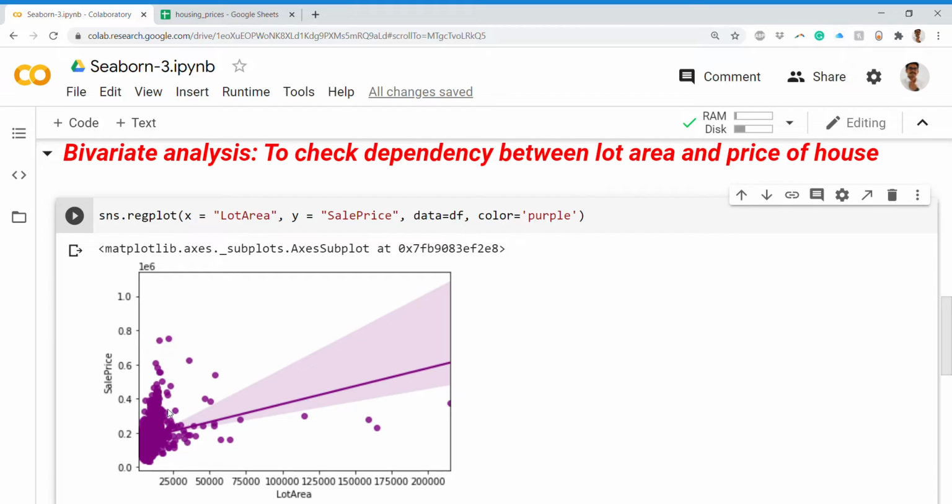There are many things causing this plot to look like this.